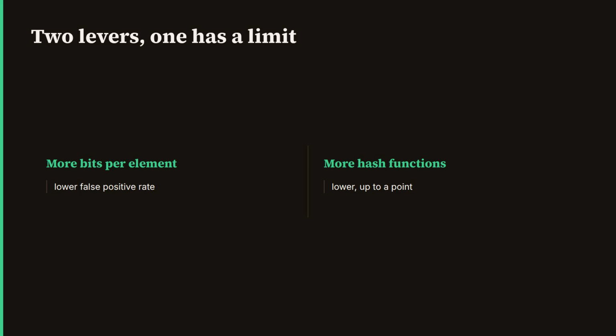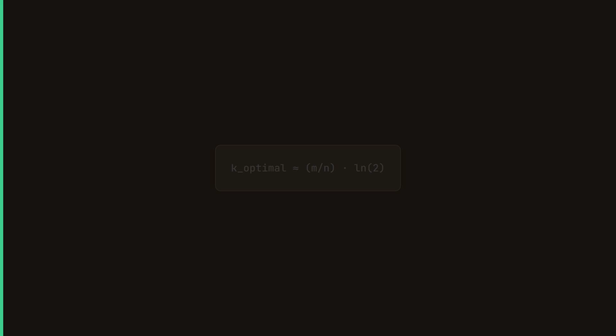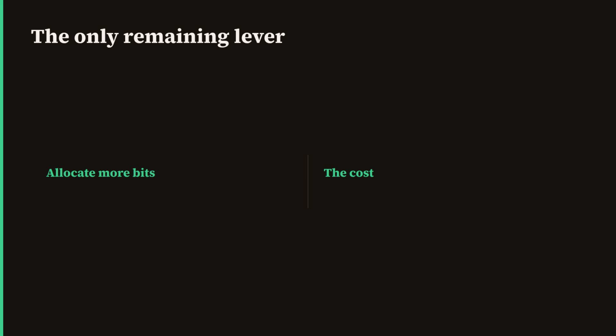Past that point, more hash functions actually hurts because you are setting more bits to 1 on every insert, filling up the array faster. There is a sweet spot, and it has a clean closed form. The optimal k is approximately m over n times the natural log of 2. Plug that back in, and for a given memory budget, that choice of k minimizes your false positive rate. If that rate still is not low enough, there is exactly one lever left to pull: allocate more bits. Shrinking that rate is not free. It is a direct trade, memory for accuracy, and the formula tells you exactly how much of one you get